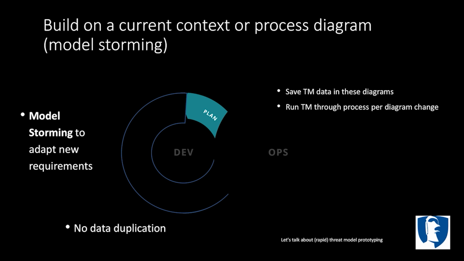All right, next thing. We want to build on a current process diagram or context diagram. Why? I don't want to go and rebuild things. It's a pain for me to say, okay, I'm going to do a proper threat model, and then all of a sudden I have to build my own data flow diagram, which doesn't look like what the underlying context diagram is. Context diagram changes, and guess what? I've got to go back and change my diagram? No, it doesn't fly. So I'm going to use what the architects give me.